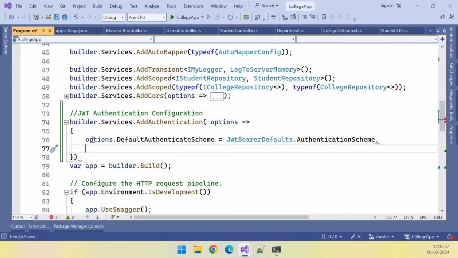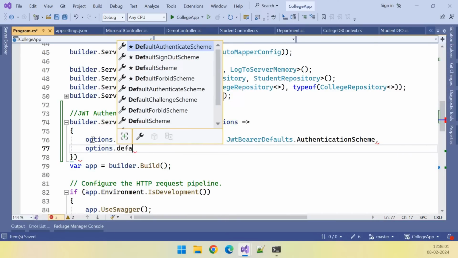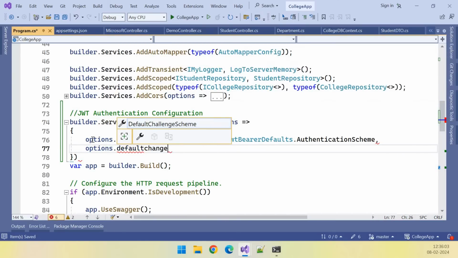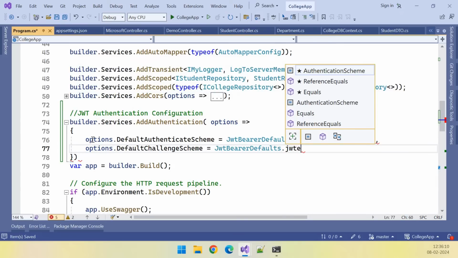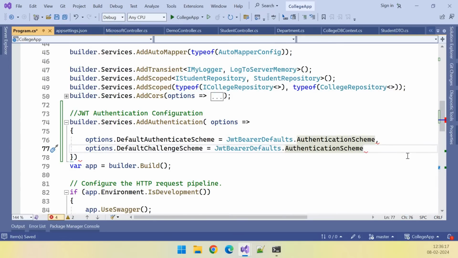That's the default authentication scheme. Options.DefaultChallengeScheme equal to JwtBearerDefaults.AuthenticationScheme;